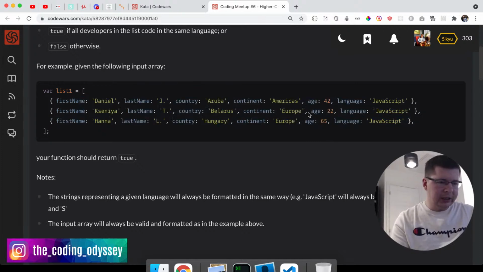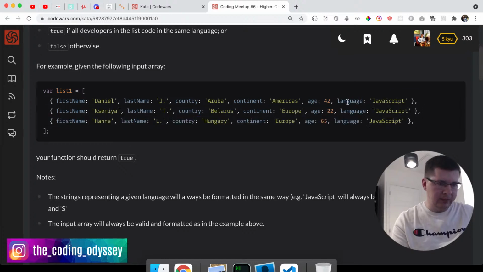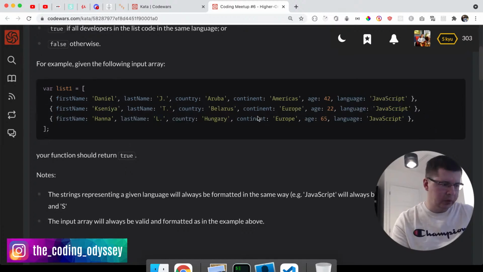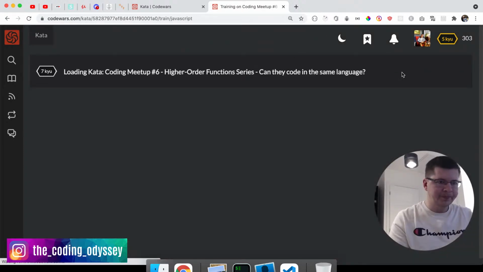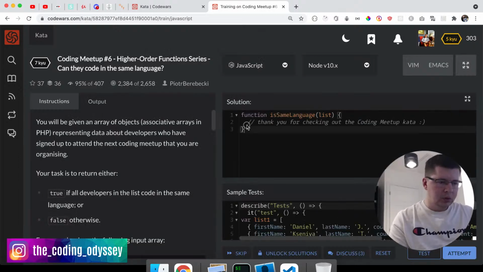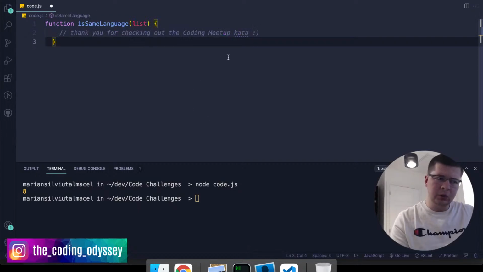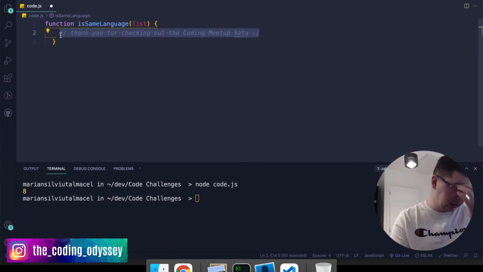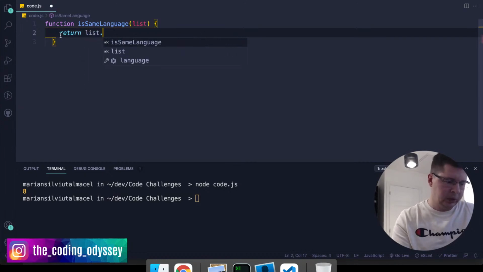For example, given an array like this, it should return true because all the developers use the same language, which is JavaScript. So we're going to say train, and the list is an array. And what we want to do is exactly the same thing that we did before, we can use exactly the same method. And we're going to say return list, and we want to say that every